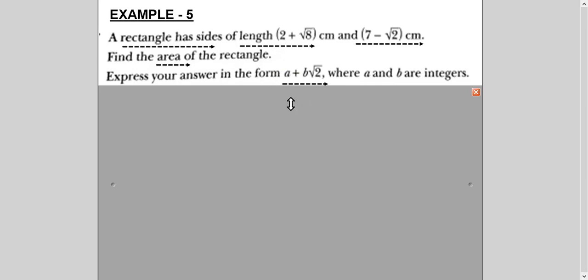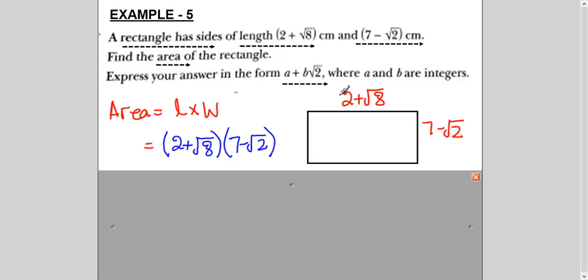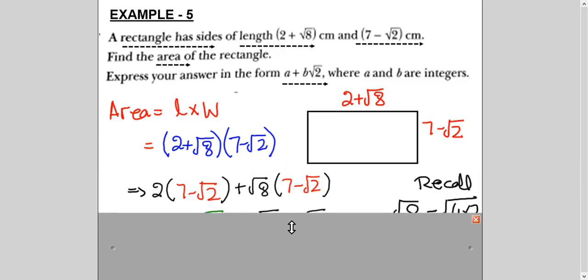So now you can visualize or you can draw on the paper. I like to visualize the question. It helps me solve it. So I'm drawing a rectangle, writing length and width. Whatever you want to write here and here doesn't matter. Now length and width you have written. Area is length into width, so you will simply multiply it. And we have learned the multiplication in the previous examples. So you will simply multiply it, right?